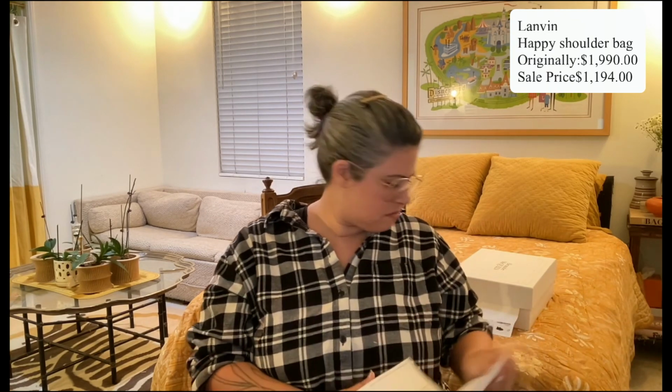It's interesting. Anyways, but for $1,200 for a lambskin classic flap, because lamb also tends to be the most expensive handbag leather. I believe outside of exotics, you know, lizard and crocodile and all that, that's super expensive. But goat, bovine, calf, lamb tends to be the tiers. So for a lamb handbag with the metal, I mean, just the...